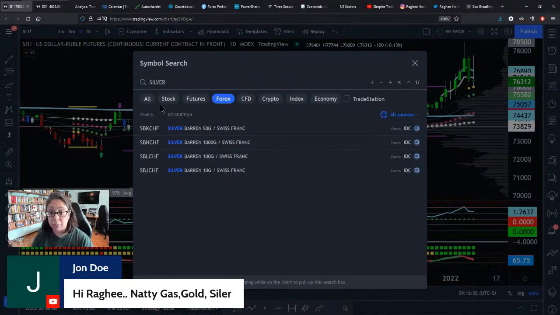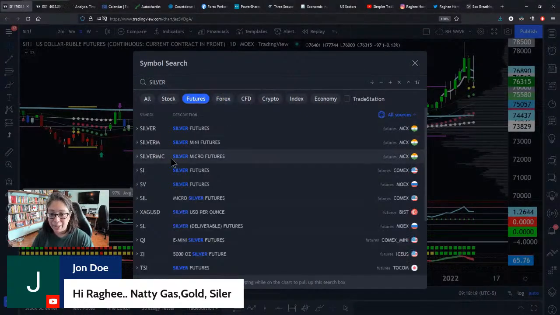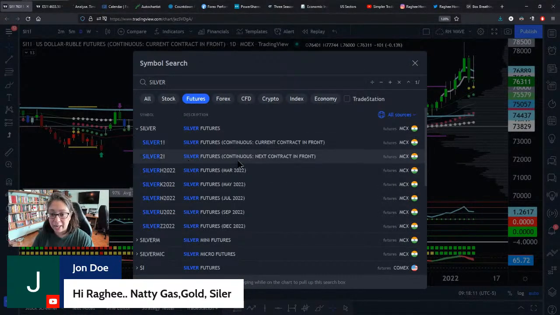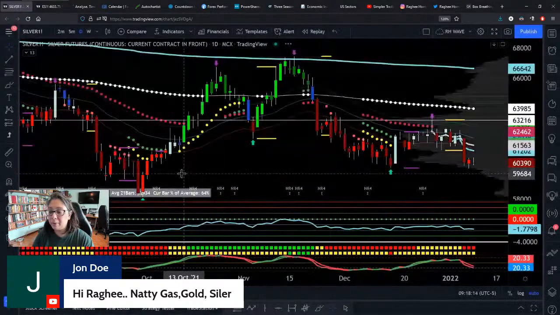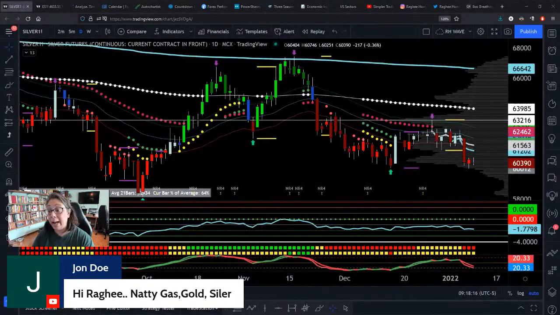Make sure you don't pull up the ruble when you're pulling up silver. All right, here we go. So I need silver futures. There we go. So silver's in chop. Actually, silver, interestingly enough, I haven't looked at this one in a while. John, look at this. Mean, -1, -2. Look at the -2 standard deviation support in silver. Okay, that's interesting. I'll keep an eye on that.